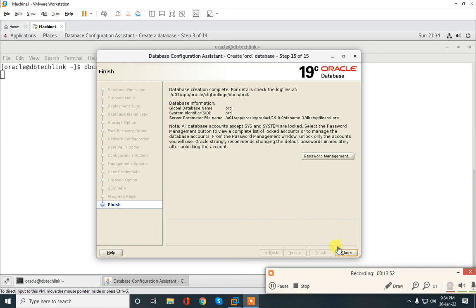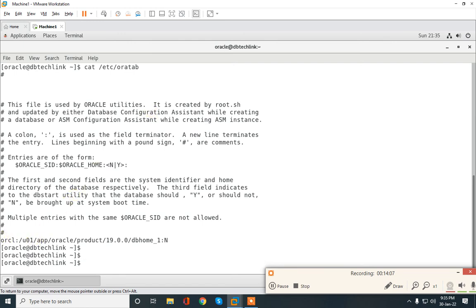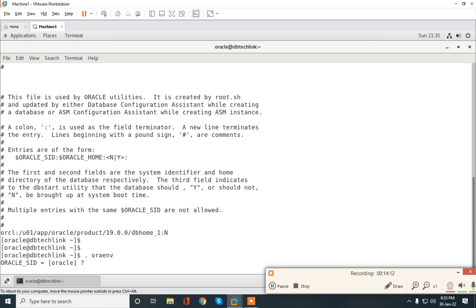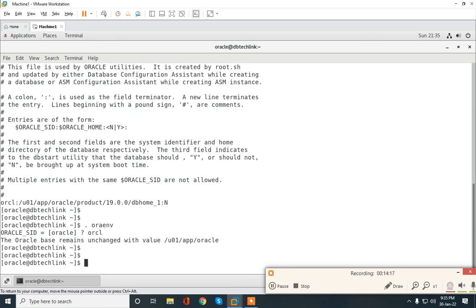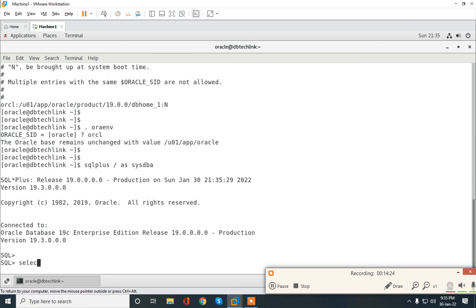Just click on the close button. Now we can check the etc oratab file. You will get an entry for your database, that is ORCL, right? So we can set the environment and give Oracle SID ORCL. Now you can log into the database with sqlplus / as sysdba, right? So database creation is completed here.